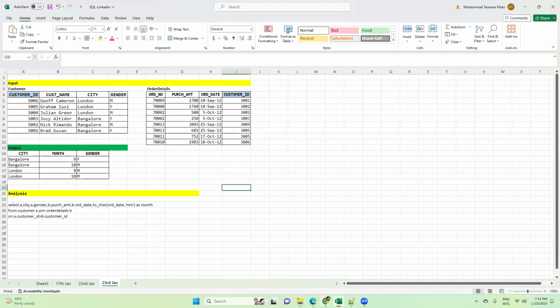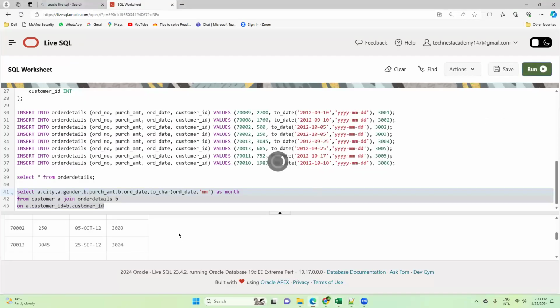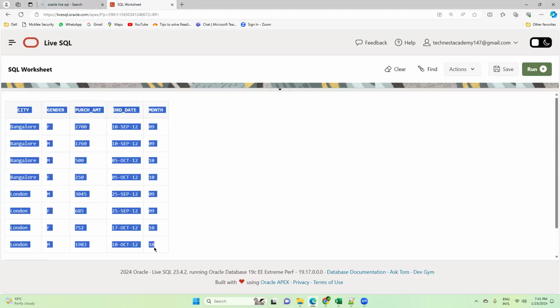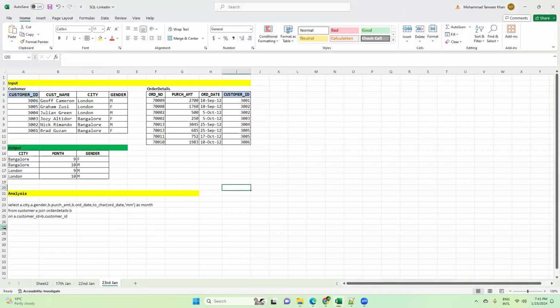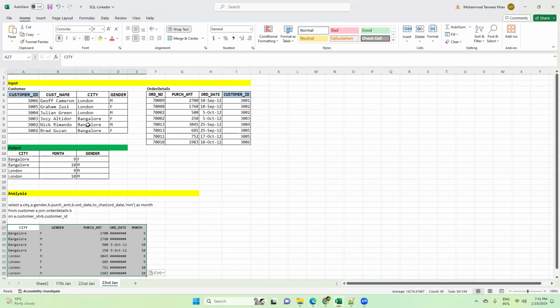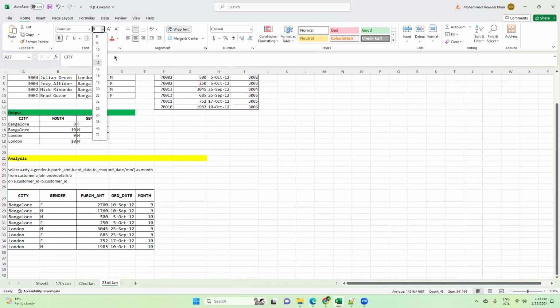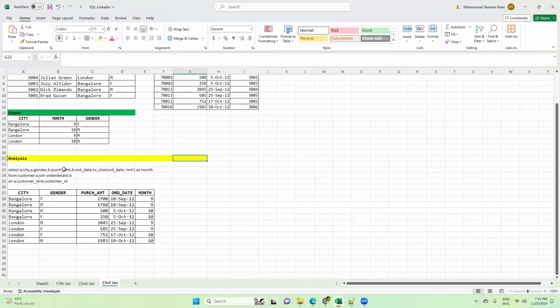So this is the analysis, and let me run this query. Whenever you try to solve any SQL question, you go step by step. In step one, what I have done is extract the columns which we want from both the tables, and I have joined both tables, customer A and order details B. I'm using table alias A for the customer table and table alias B for the order details table. If you don't know